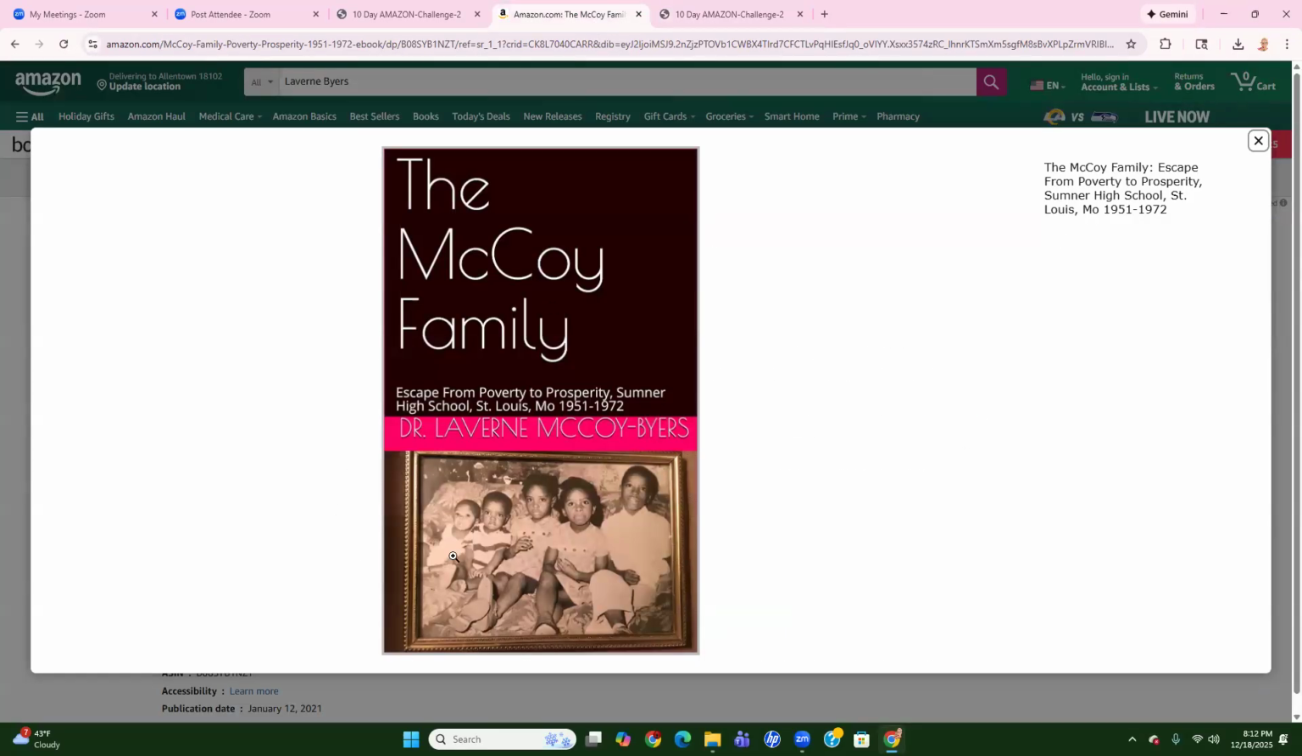This is a story, this is actually a photo, this is a family portrait. And there were more children. Not all the children are here, though. One, two, three, four, five. I think there were six or seven children. But Dr. Laverne McCoy Byers is in the photo, and she wrote this book as a dedication to her mom,